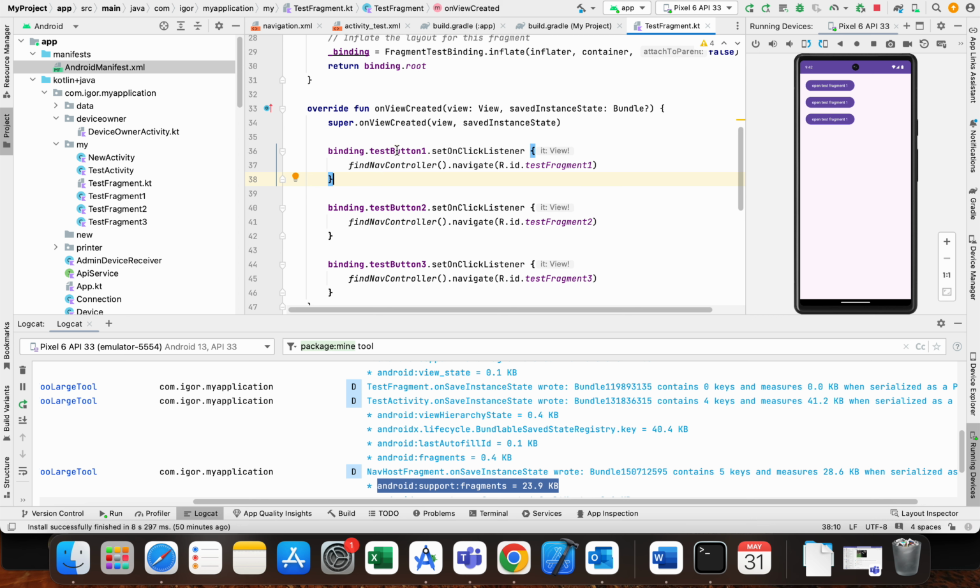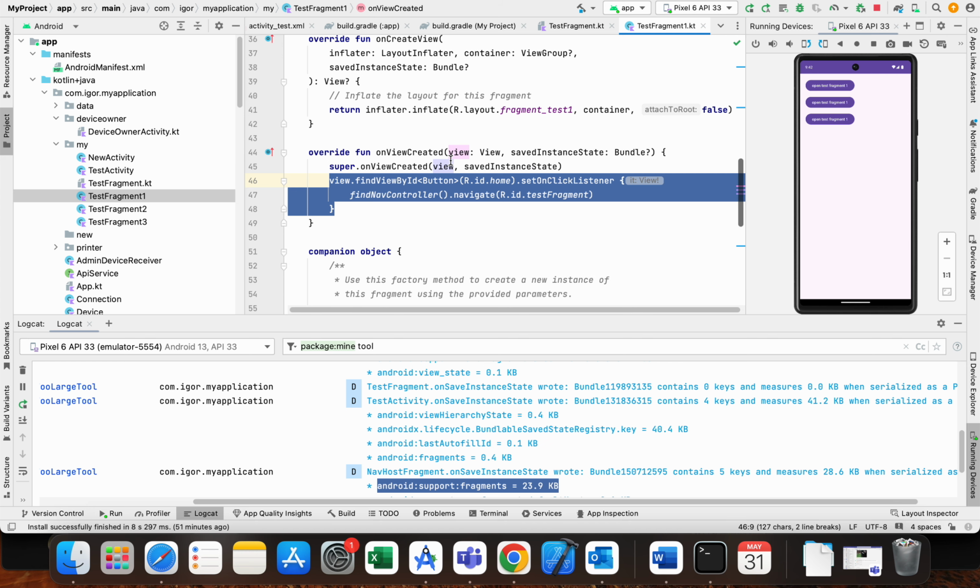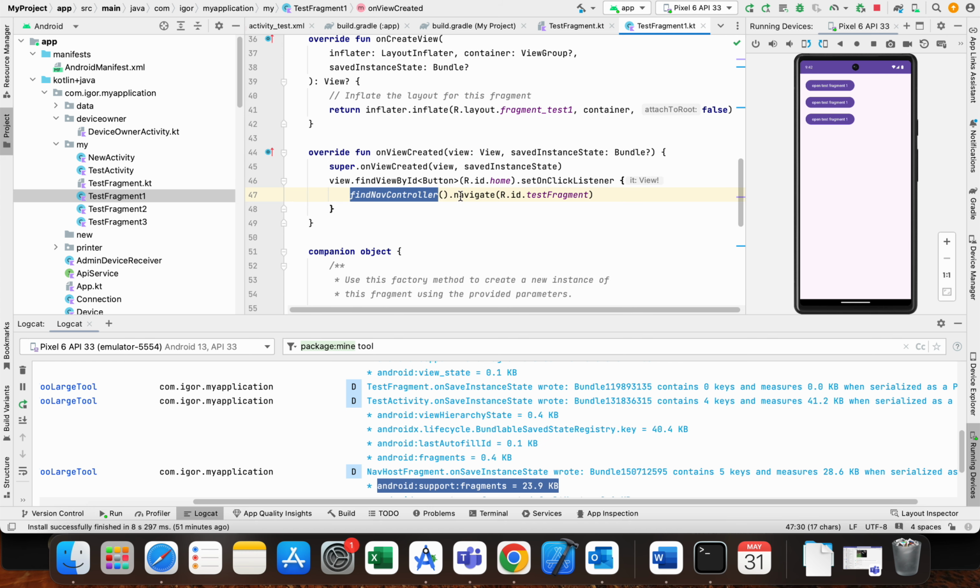And here, as we can see, we call findNavController, navigate to one fragment, to another fragment, to the third fragment. That's okay. But the main problem was that in all of these fragments, I had code that was findNavController, navigate to home fragment. In this case, it's test fragment, and it should be pop back stack or pop up to or something like